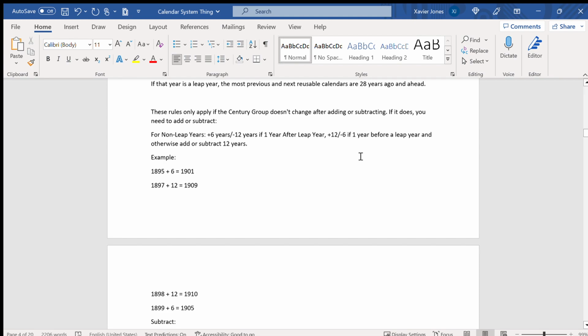So 1901 is 1 year or 3 years before a leap year, or 1 year after a leap year. After a leap year, I should probably say 3 years before, but that doesn't always apply either. For non-leap years,